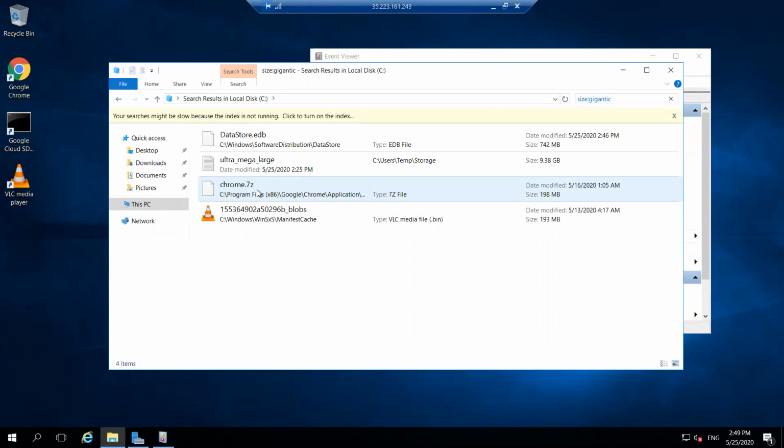We have to fix that warning or error somehow. So okay, these are some programs. Those are size 742 MB, 9.3 GB, 198 MB, and 193 MB.